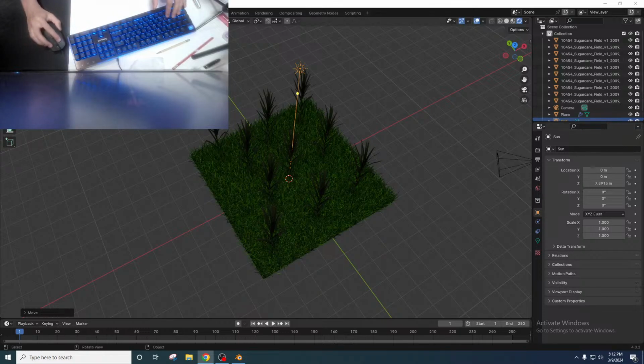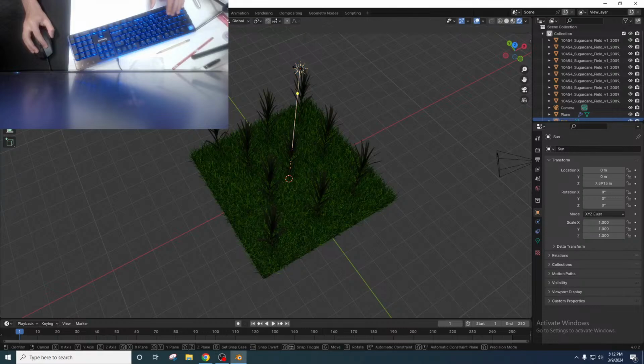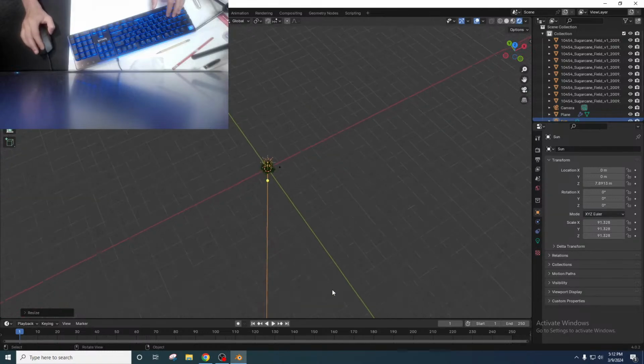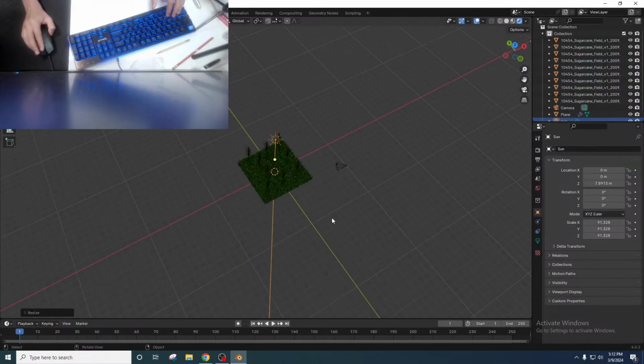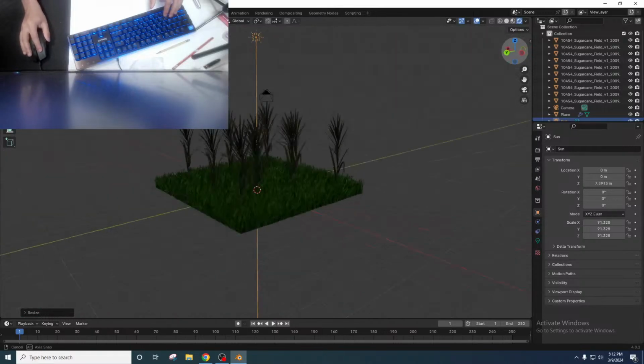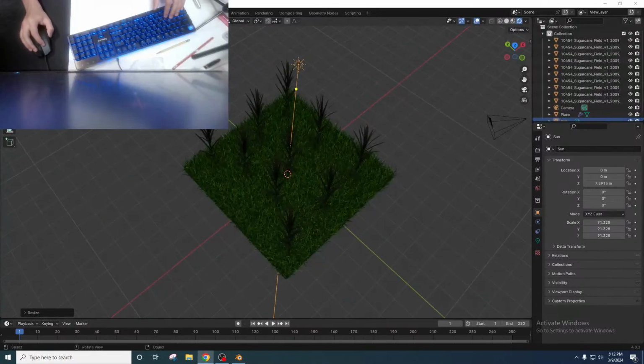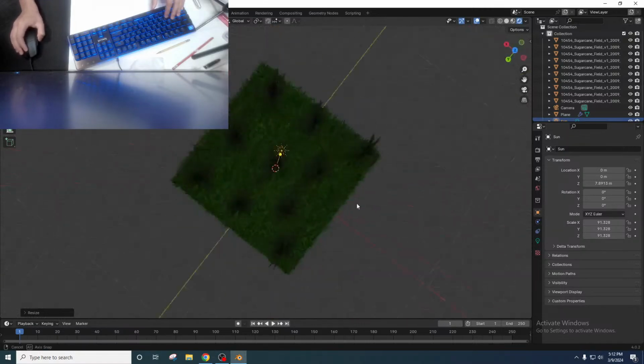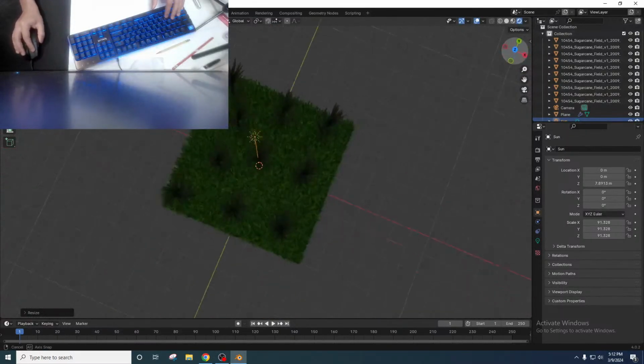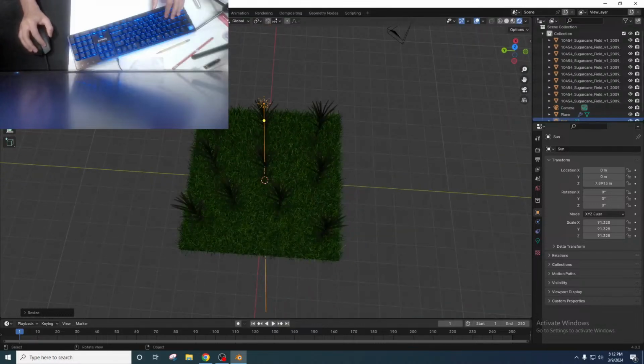So you've got a couple of options when it comes to your lighting. Obviously, there's a lot we could go into, but for the most part, you're just going to be playing around with your power, which is going to increase your brightness, and then you can also adjust